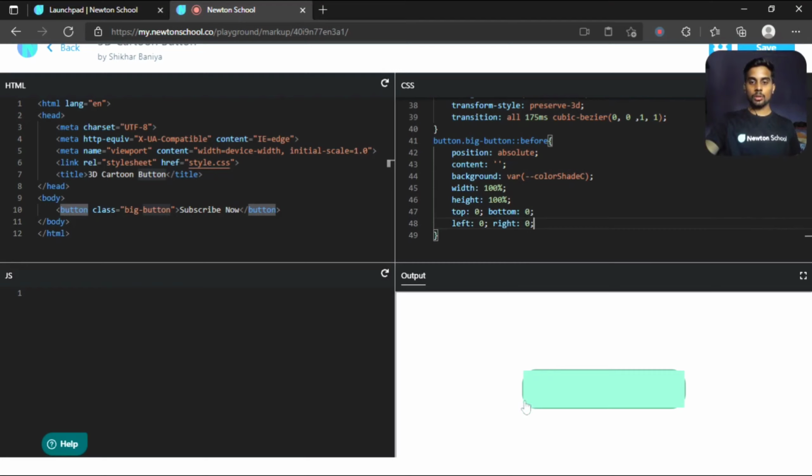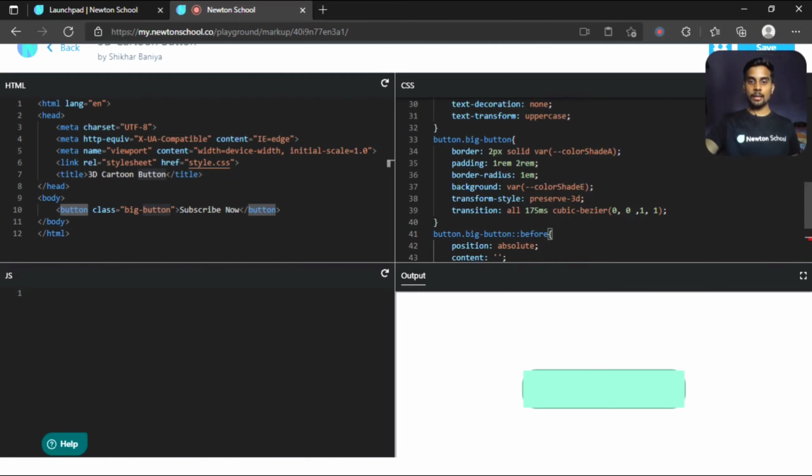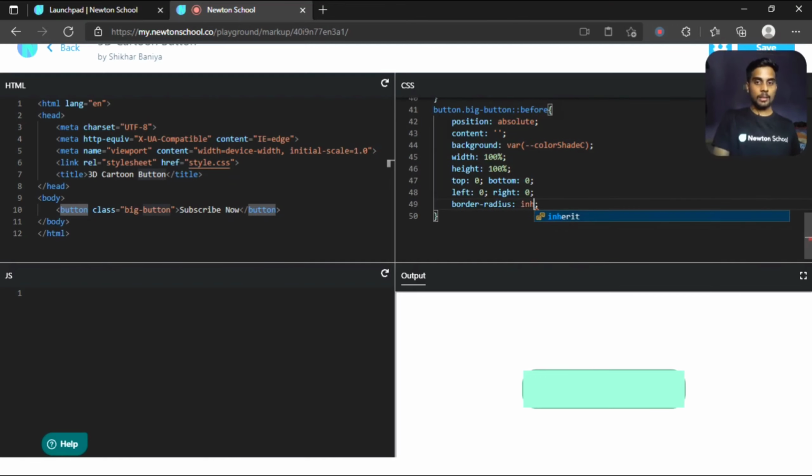Now it is above our button. Now let's also give it a border radius. We have already specified the border radius in our parent class, so we just have to write inherit here, like this. Okay.